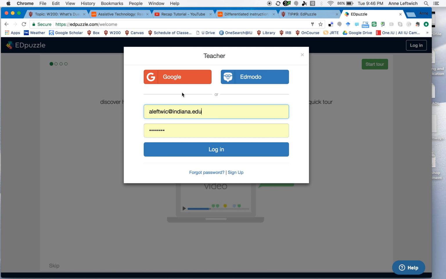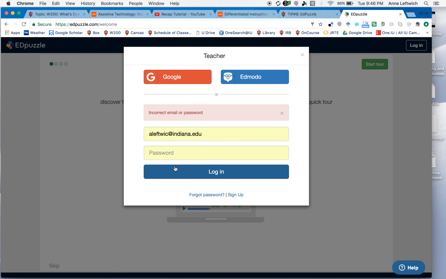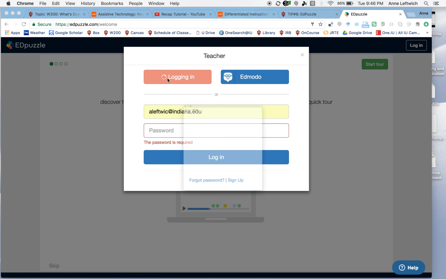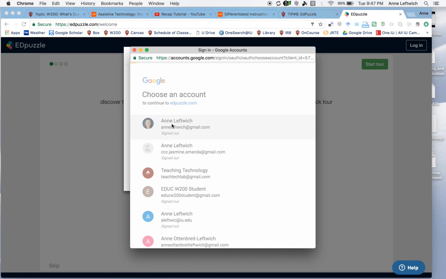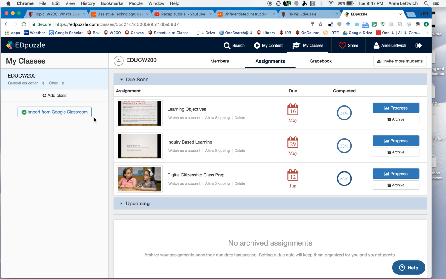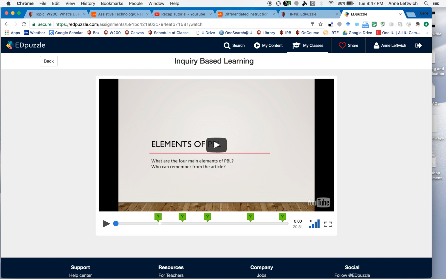Log in. So you can see the different ones that you've completed, and so what you'll do is you'll actually assign, you'll upload your video, and then what you've seen is like this, where there are questions in there, and then you answer the questions. So you're going to be doing your own Edpuzzle